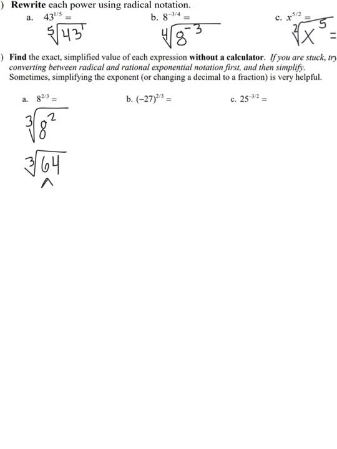64, I know, is made up of 8 times 8, and I can break 8 down into 2 times 4, and 4 is 2 times 2. And I'll keep going with the next 8, 2 times 4, and 2 times 2. So for the cube root, I'm going to look for those groups of 3, right? So we are grouping these numbers up, and I actually have 2 groups here of 2. So those are going to team up and pop out of the radical as a 2 times 2,